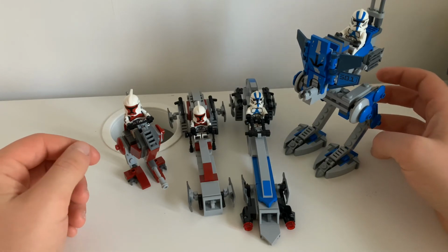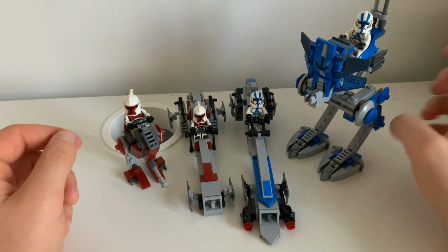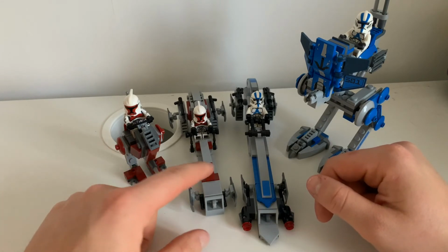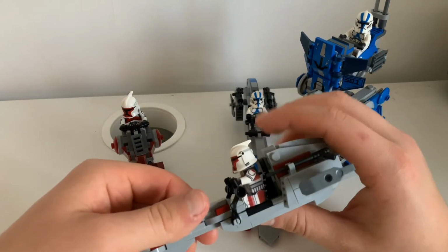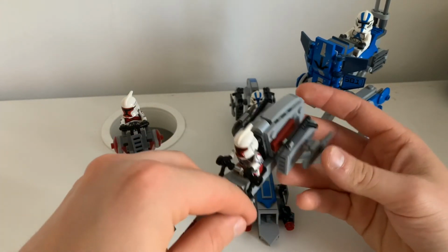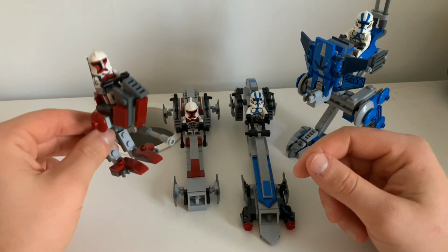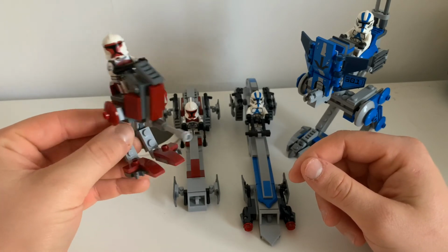Yes, it would be nice if the AT-RT was a bit smaller. Yes, it would be nice if that didn't have them two ugly headlights on the front, and it'd be really good if this set wasn't so flimsy and didn't break in the middle or had such a wobbly back section. If there is a winner here, it is definitely this AT-RT. For the size of it and the price of it, it is really well built,